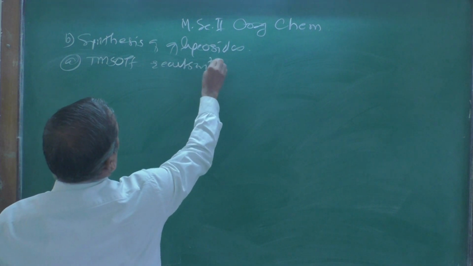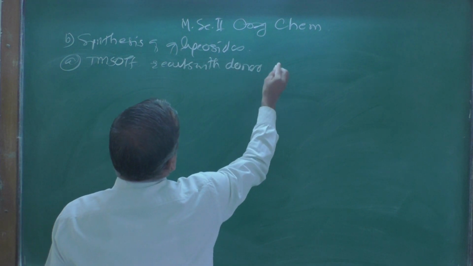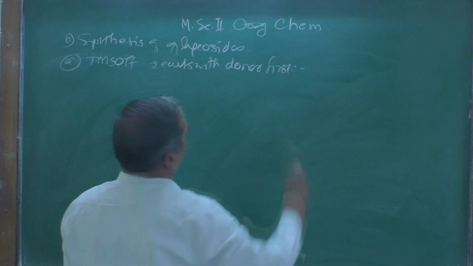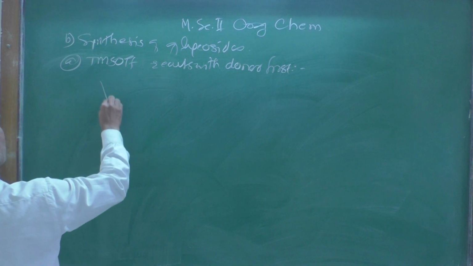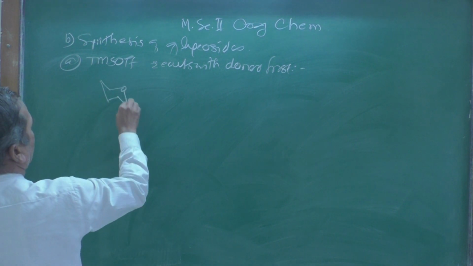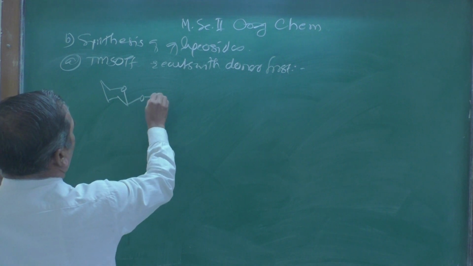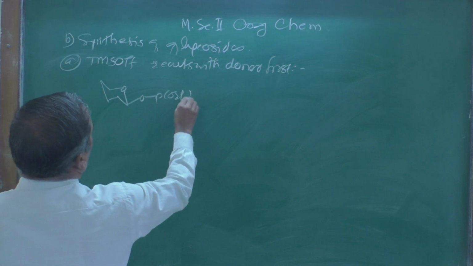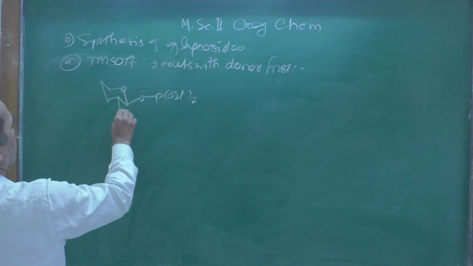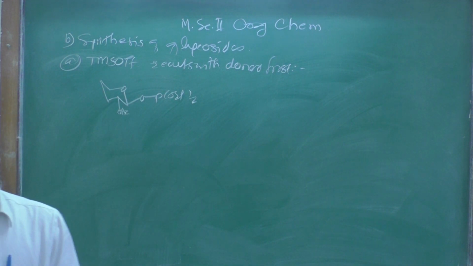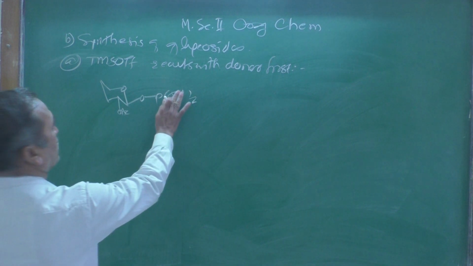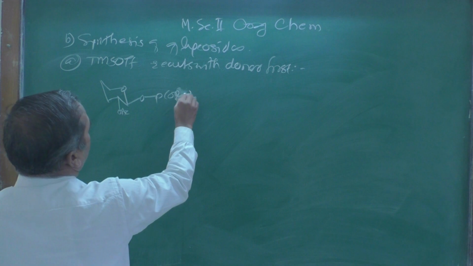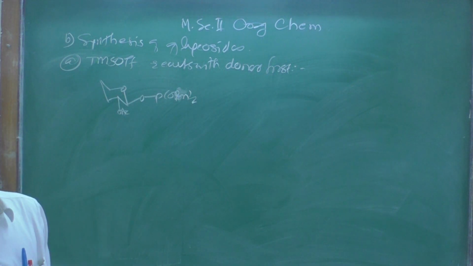Reacts with donor first. And what it gives, let us see here. I am representing this group at equatorial position OET twice, and here must be OAC, acetyl group. So when it is not OET here, make the correction, benzyl group, then it will be treated with